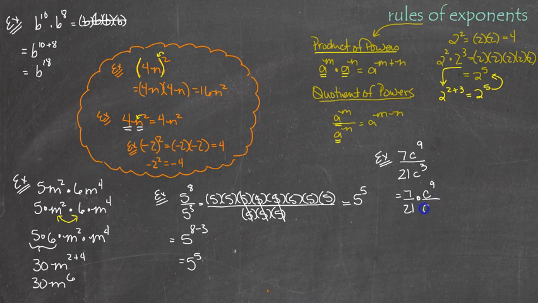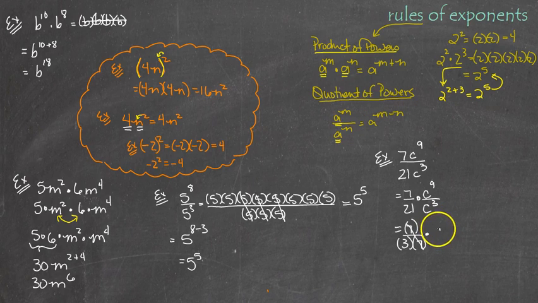and I could actually write this as 7 over 21 times c to the 9th over c cubed. Well, reducing 7 over 21, we just finished our section on products of primes and reducing fractions. You can either write this as a product of primes and reduce the 3, or you will notice that there's a 7 in the numerator and a 7 in the denominator. Let's go ahead and write it as a product of primes. The numerator factored is 7. The denominator factored is 3 times 7. Those cancel, and I'm left with 1/3 times,